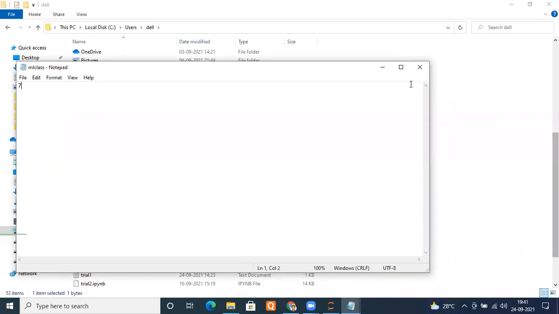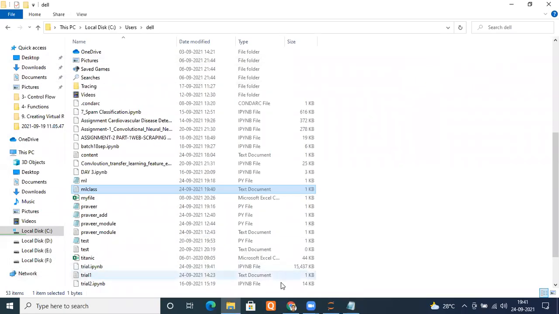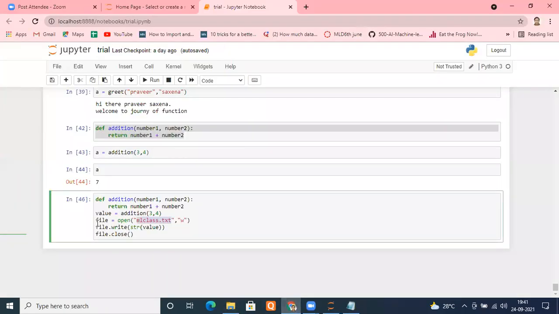No problem with that. Tell me, is it okay, everyone? If you don't understand this command, just forget it. Doesn't matter. This was just to show you the power of returning. What is the power of returning? When something is returning, you can store that in a file.